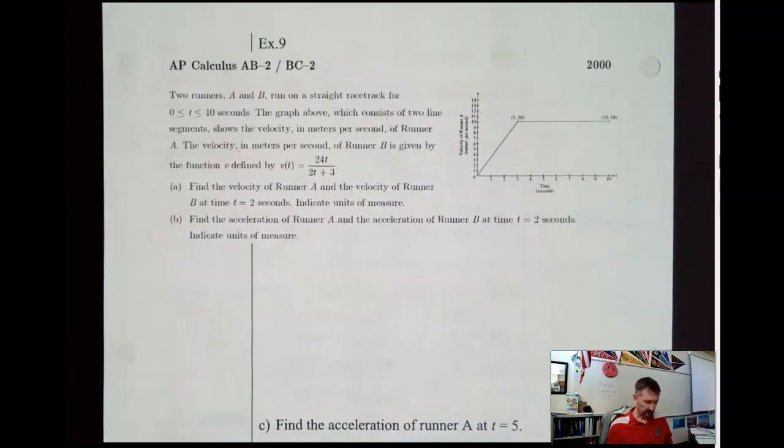Now this video is getting pretty long, so I'm going to go ahead and cut it off here, and I'm going to do this problem later, and then I'll attach it as a second video because I don't want to jeopardize losing what I already have here. So we'll continue this on